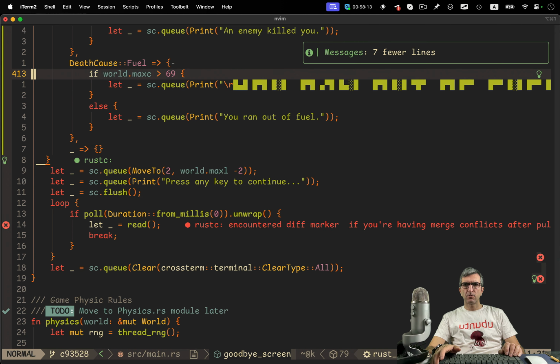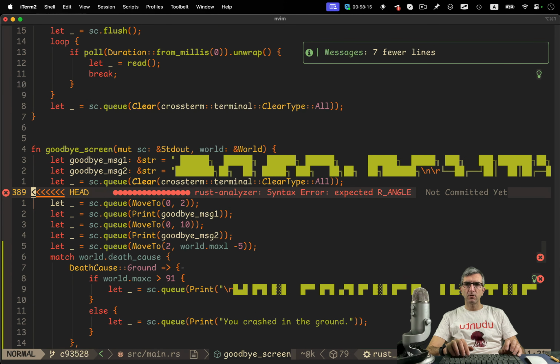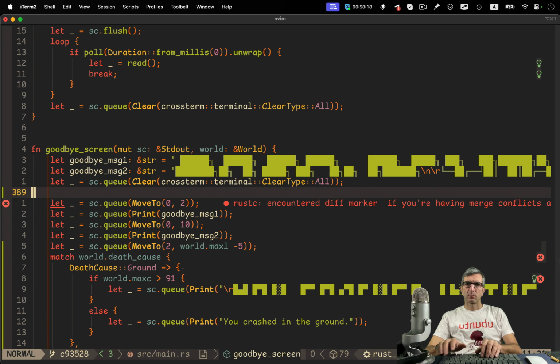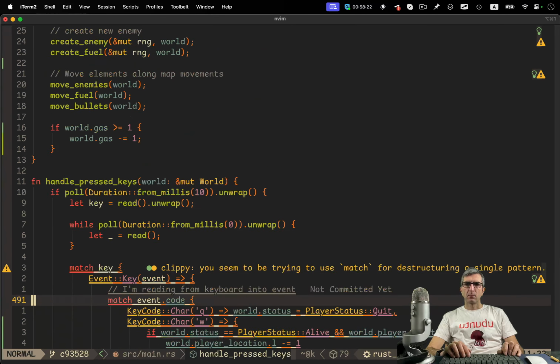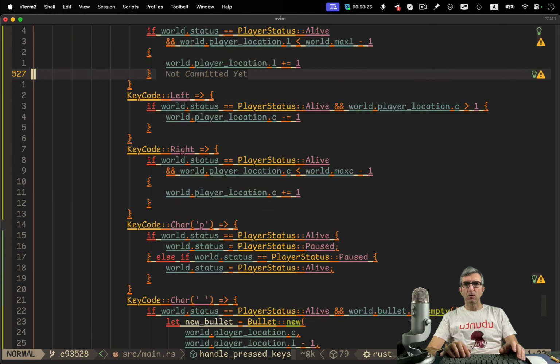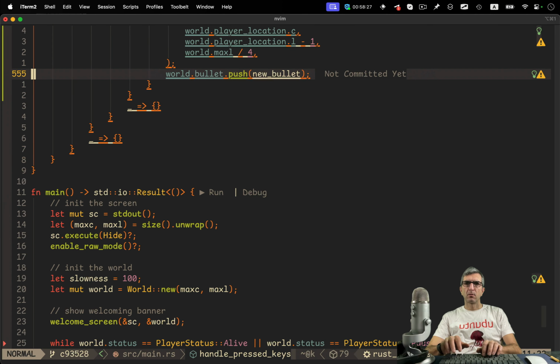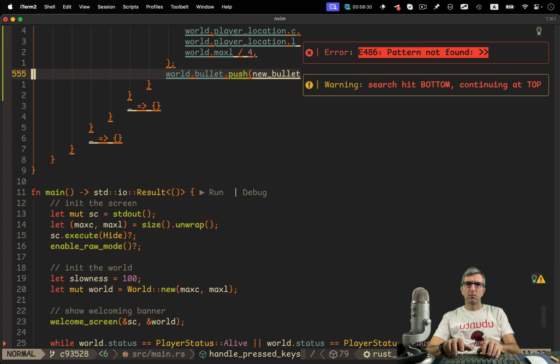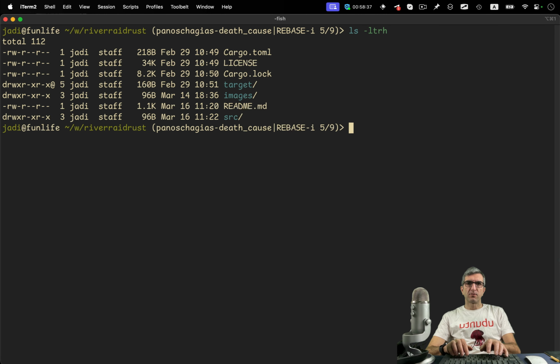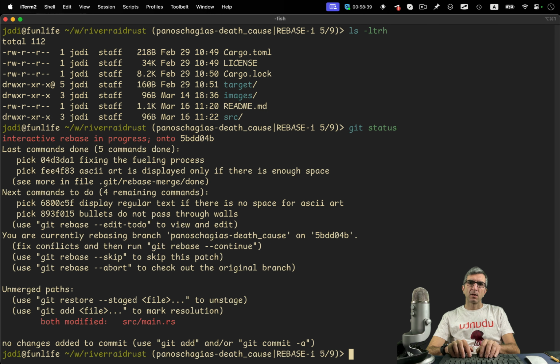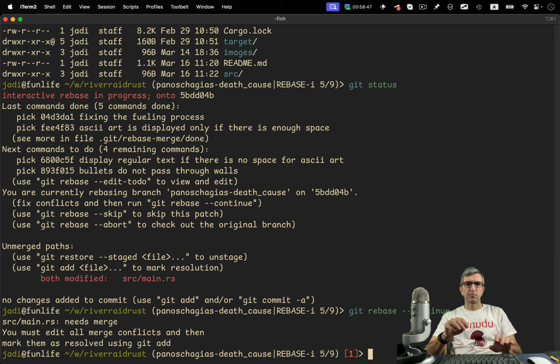If I go like this and also remove this, things should be solved, I believe. Okay. Rebase 5 from 9. Let's see. Git rebase continue.